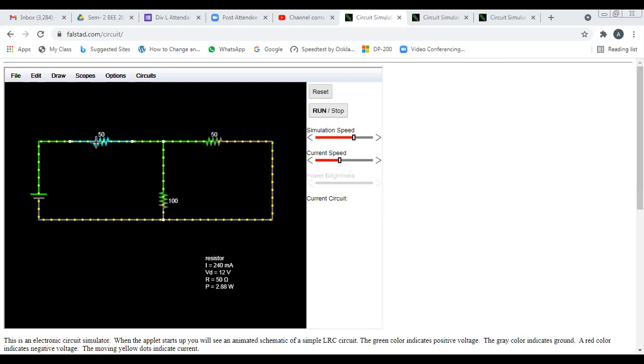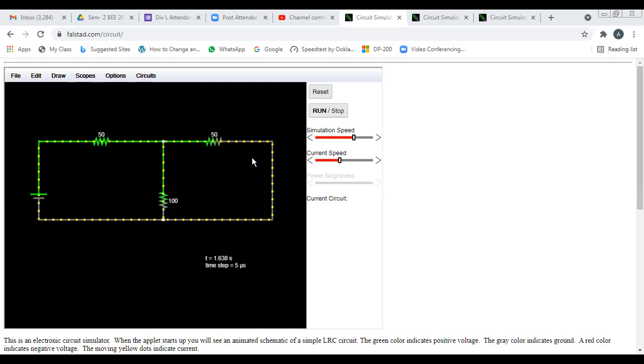First of all, KCL we will see. I1 is how much? This is the circuit for first reading. 240 milliamperes. Correct. I1 is 240 milliampere. See, what is the I2? 160 milliamperes. And what is I3? 80 milliamperes. Correct. Means 160 plus 80 is what? 240 milliamperes. So we are getting 240.